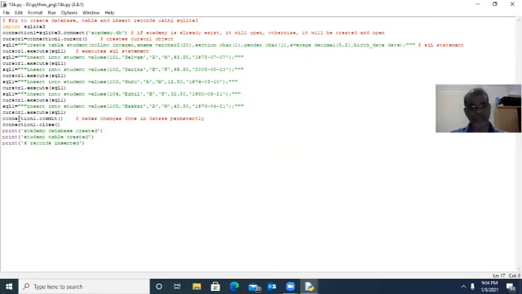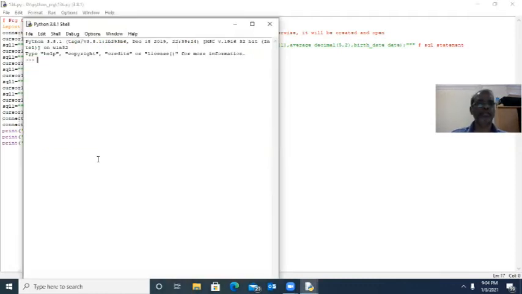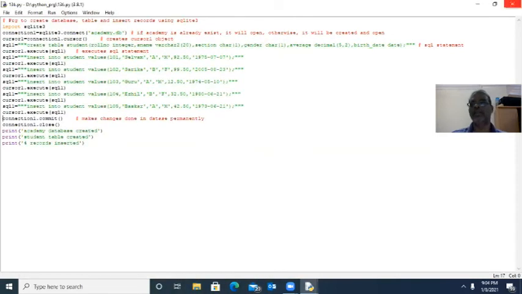I like to run this program. The student table will be created. 5 records will be inserted. Good. Now we will see all the records once again.